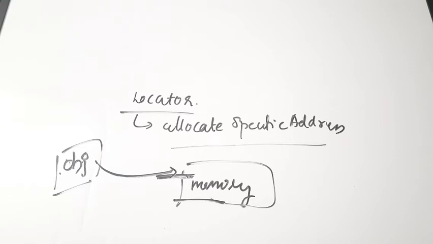Okay, don't get confused. This locator is actually assigning this specific address. The locating of a specific address is done with the help of a locator, and then we load that object code to the memory at that specific address. So the correct answer, since the question was asking regarding allocating a specific address, is the locator, which is option B. Okay, next question. While we are doing the embedded system courses or videos, you'll get a very clear idea on what these elements and tools are.